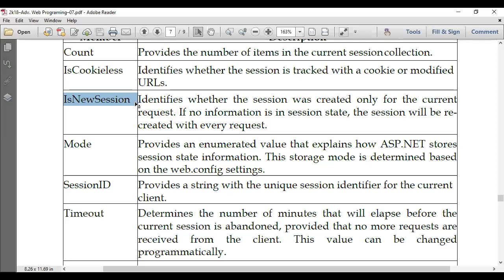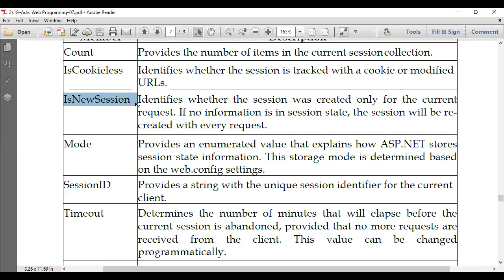And we will write code: if there is a new session and it is true, then we can force them to log in again. Obviously that particular user will not have our username and login credentials, so he will be kept out of our website. On the same machine, let us say you have left the machine and sessions are maintained, so we can destroy the session after 1 or 2 minutes, and a new session will be started.